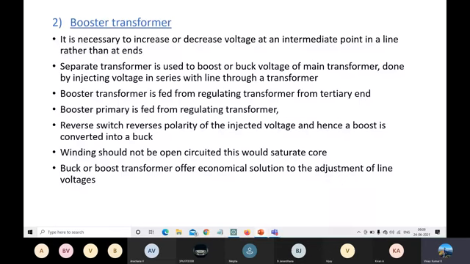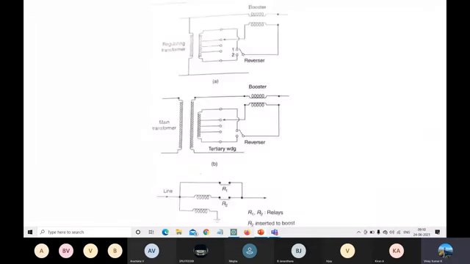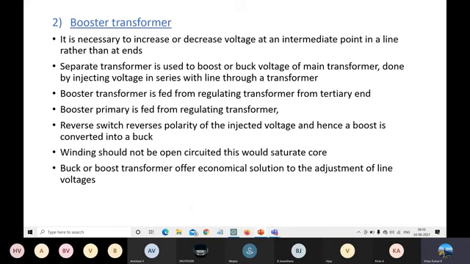One reverse switch will be there. So the reverse switch reverses its operation. That means the previous operation of the transformer. Okay, reverse switch reverses. If you are going to turn off the switch, reversing of off is on. So previously it is on. So if you want to reverse, that means off. Reversing of reverse is opposite of off, that is on. So like that, the reverse switch reverses the polarity of the injected voltage, and hence a boost is converted to